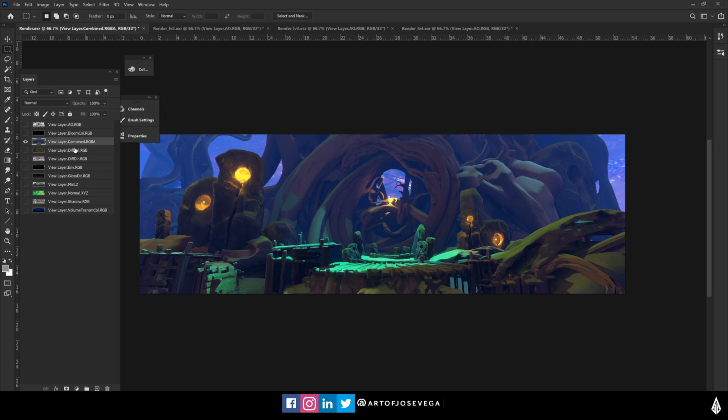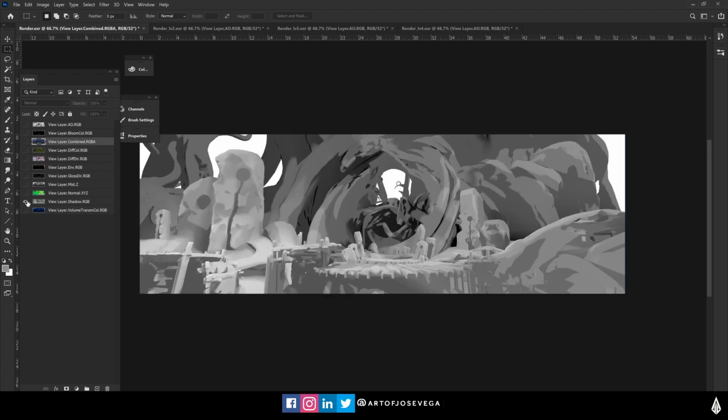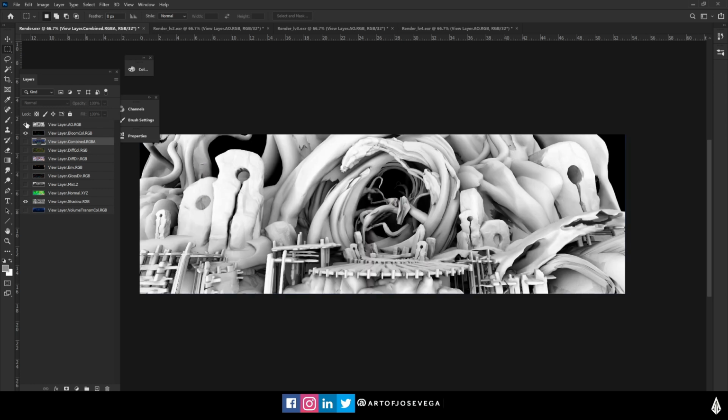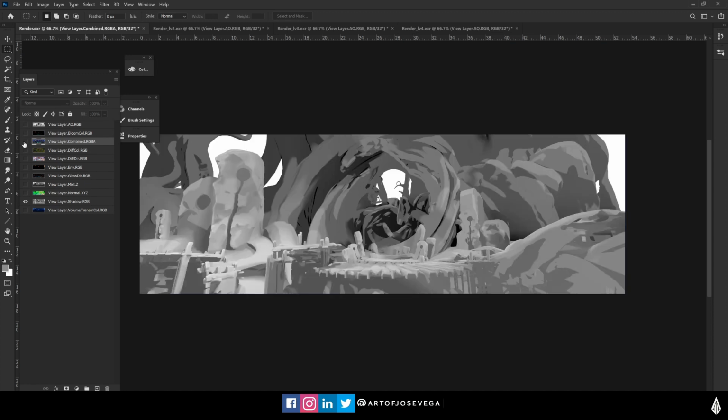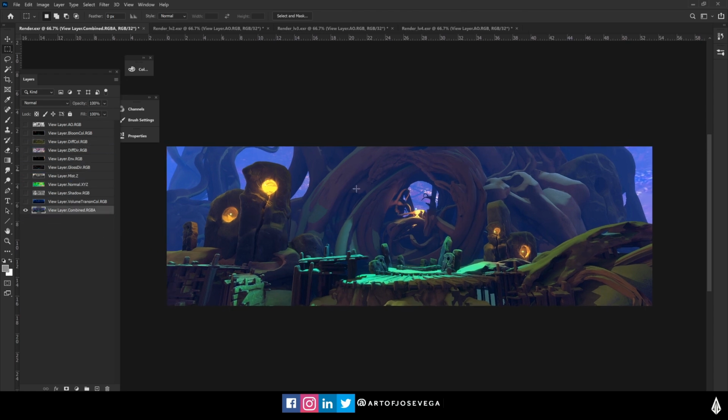You don't have to use all of them. I think the main ones is just your beauty, of course, your mist, and depending on your lighting, your shadow is going to be very very important. But since in here I have a lot of lights, it's not as clear. So I mean, occlusion is pretty helpful, but yeah, those are the ones that I mostly use. I think they all have their use,